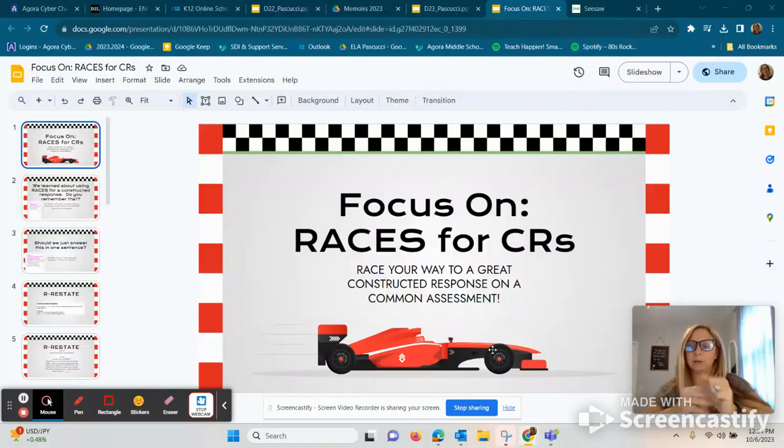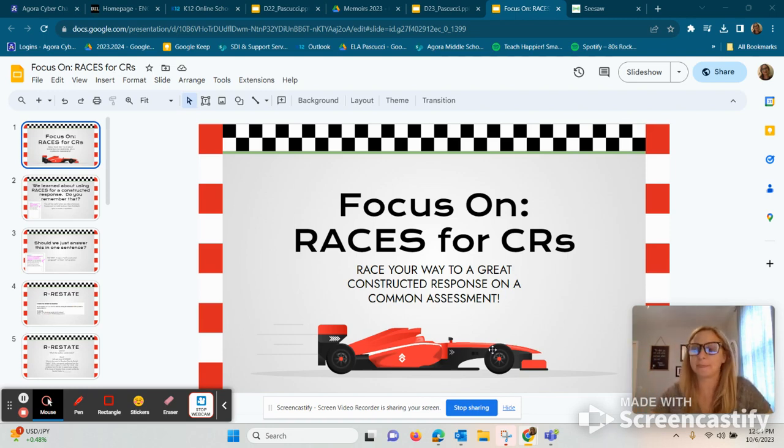All right, so here is your mystery Seesaw for the day. What you guys are going to work on is redoing the constructed response RACES that we did a few weeks ago. I took a look at them, and you fall into the category of probably just about got it, or maybe you didn't get a chance to participate. So I'm going to go over this again. I'm going to go over it slowly,